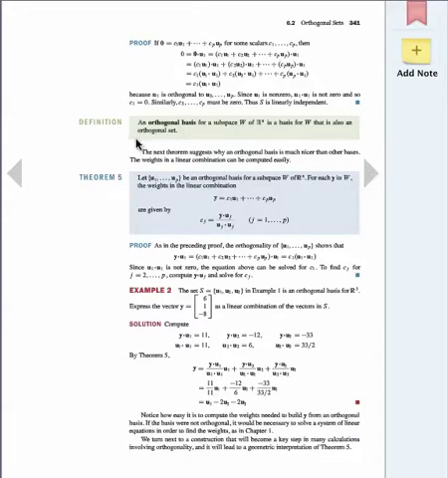So, definition here is an orthogonal basis. It's about what you would think. It is a basis that is also an orthogonal set. Great. And then theorem 5 is a useful computational theorem